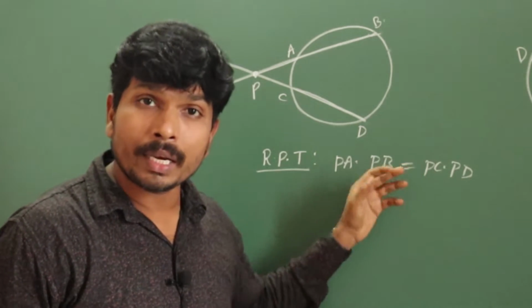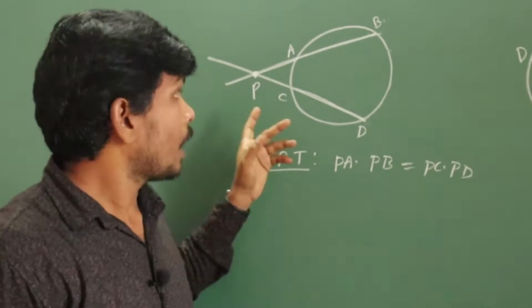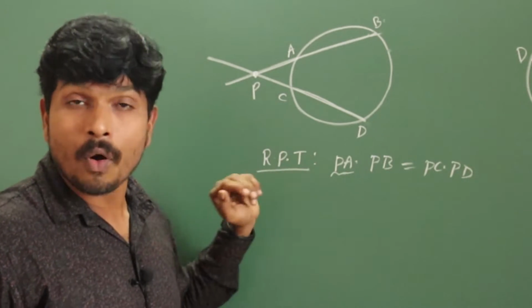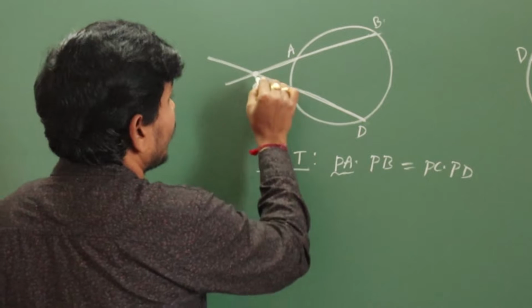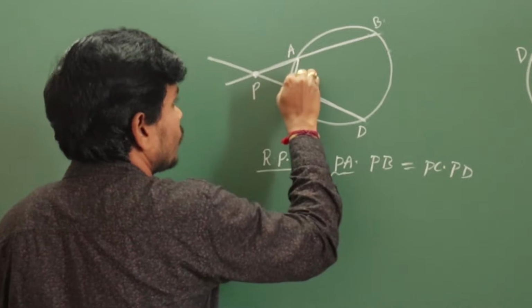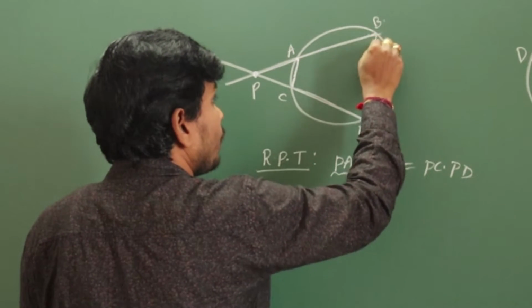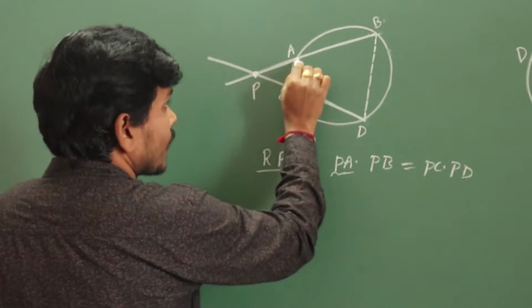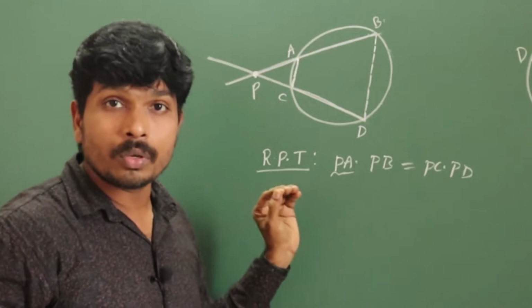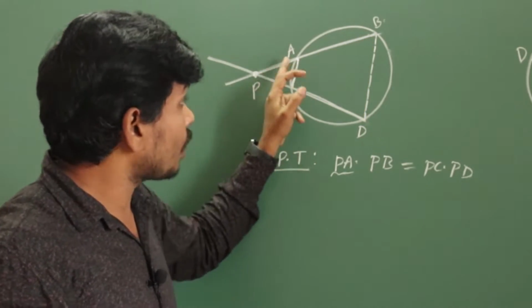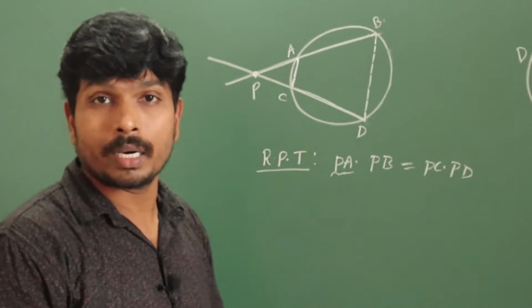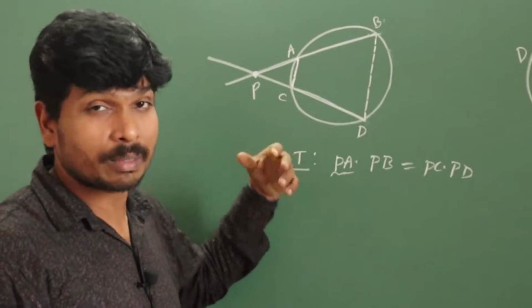You must use some previous knowledge to prove it. Here, either in product form or ratio form, one of the approaches is to try to prove similarity. Observe here, PA is the side of one triangle. To form a triangle with PA as a side, your construction is: join AC and join BD. PA is the side of this small triangle and PB is the side of this big triangle. If you are able to prove this small triangle is similar to the big triangle, then your problem is over. But is it possible to prove these two triangles are similar?